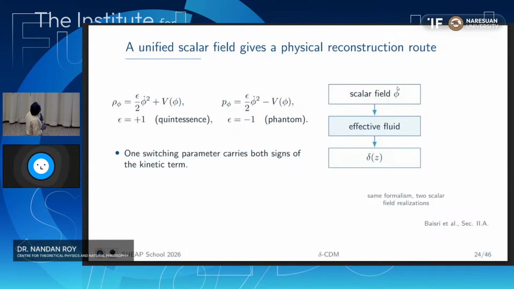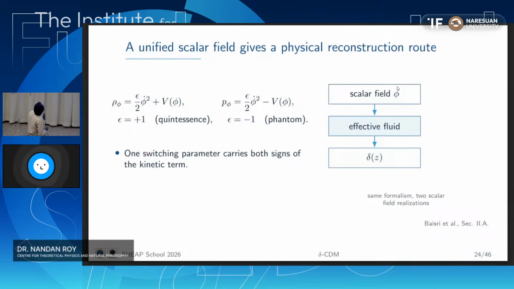First let me clarify, it is not a quantum model. It's a mathematical setup where we have the option of switching between phantom and quintessence by using this epsilon parameter becoming plus and minus. But this is not coming from a Lagrangian which has both quintessence and phantom. It's just at the field equation level that we take this liberty to change the epsilon parameter and do the analysis for both the fields simultaneously.